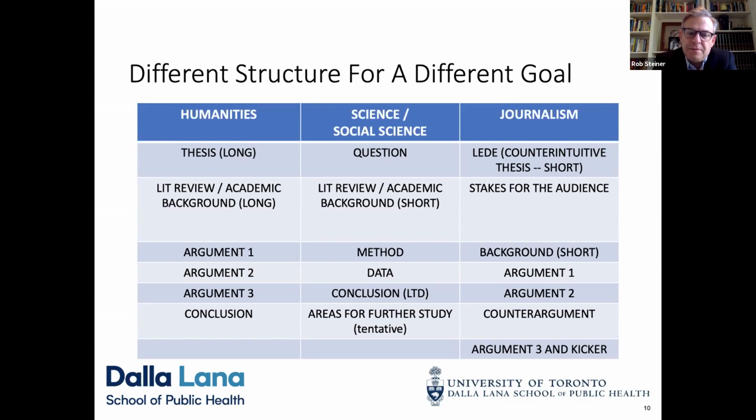So as you all know, the science structure for, say, a journal article usually starts with a question. We're below the abstract, usually starts with a question. Here's what we're actually going to be exploring. It's quite precise. There's a lit review. There's a bit of academic background of who the investigators are, what their center is, but there's often a lit review. And then there's a long section about method. Because this has to be replicable, it has to be transparent, it has to be reviewable by the peers. We actually have to understand the limits on the data that we generate through all this. So it's very important to have long transparency on the method.